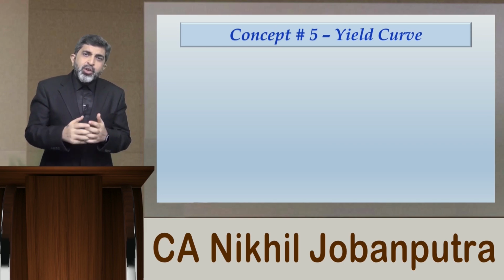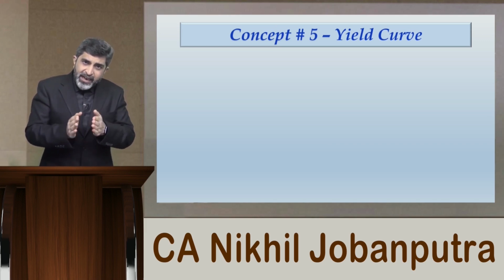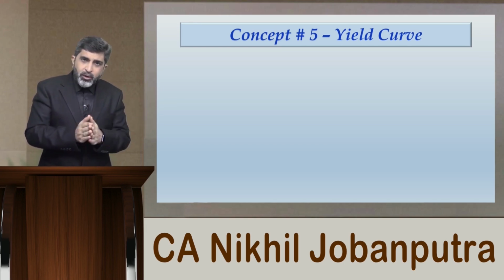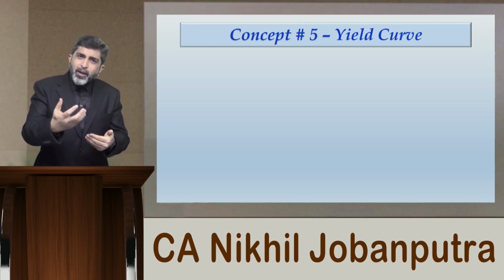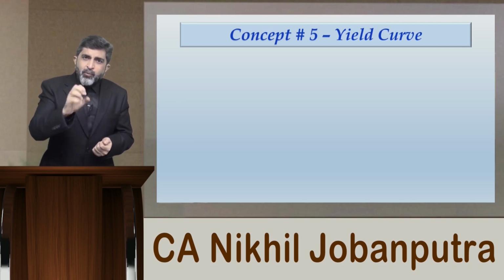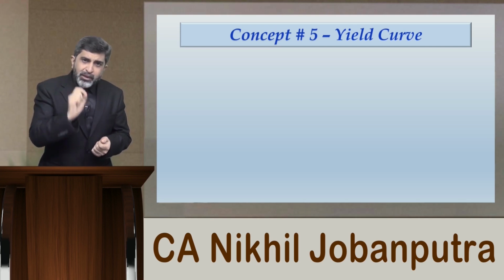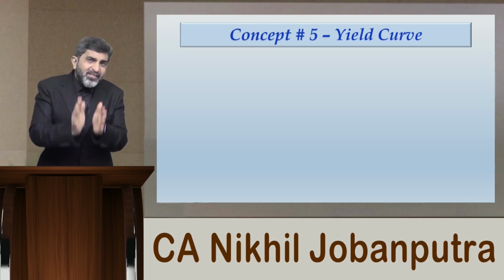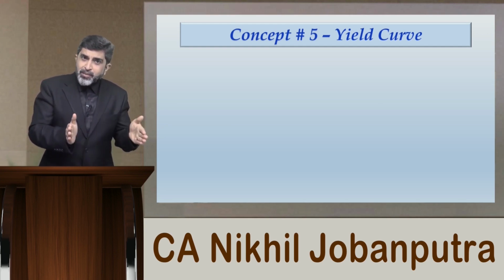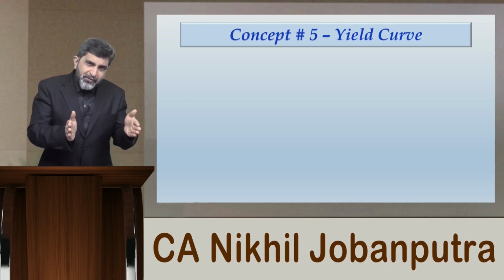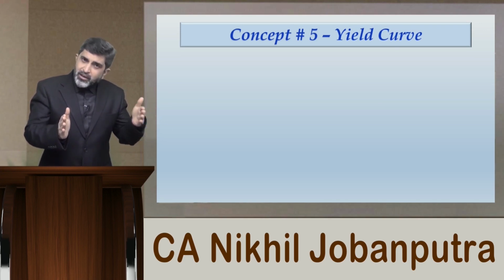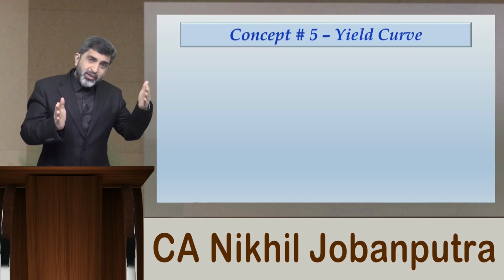Now what may happen? There may be two types of trend in the market, that interest rates are expected to rise or interest rates are expected to fall. I am assuming that it's a market where interest rates are expected to rise. So what will happen? Someone who is buying just a 1 year maturity bond will be taking very less risk, because risk is only for 1 year. If someone is taking a 3-year maturity bond, the bondholder will be having little risk because the investment period is 3 years. 5-year maturity, little more risk. 10 years maturity, still higher risk.